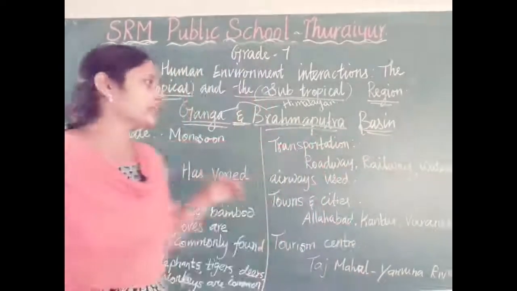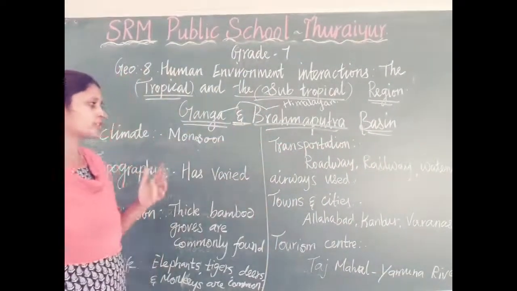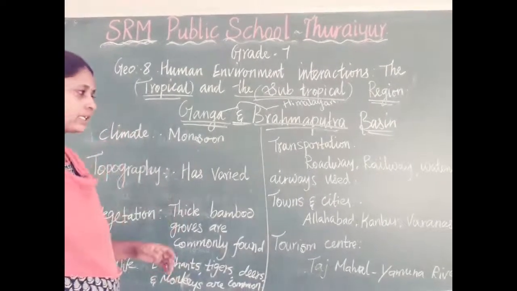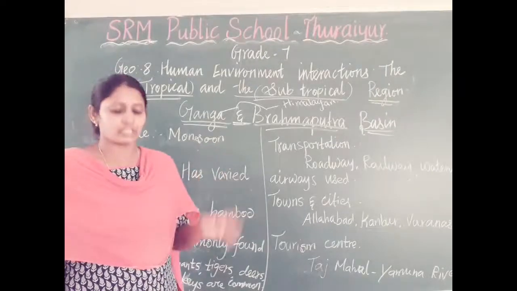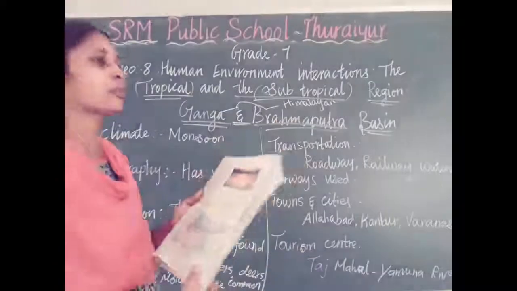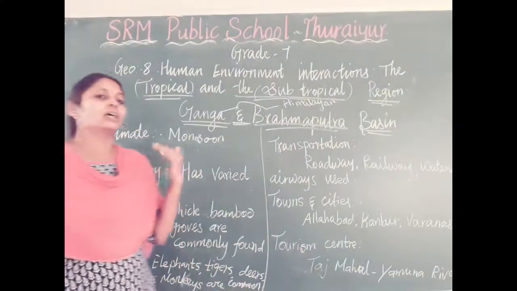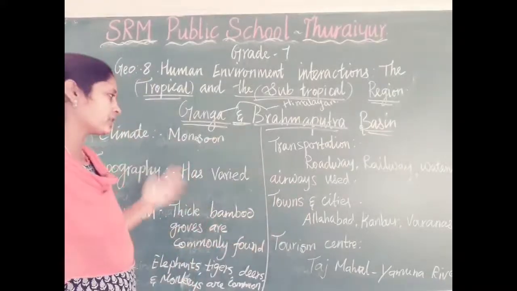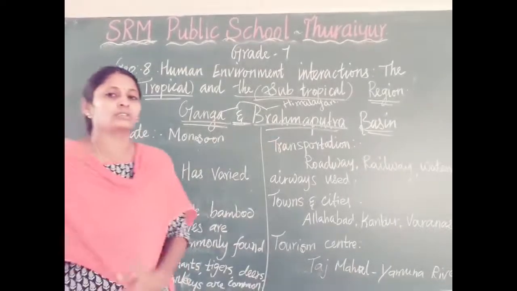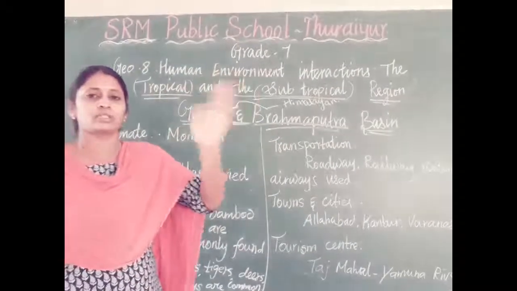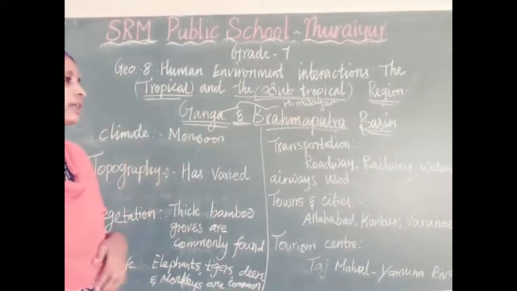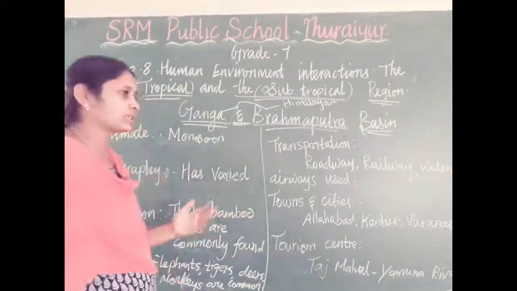Okay, what is the climate condition of the Ganga and Brahmaputra region? It's a monsoon climate condition. The river never gets dry, but this region, particularly Uttar Pradesh and Bihar, is called the monsoon region. Why? Because during the monsoon they receive rain, and that affects the river flow. Some winds, the Siberian winds, affect the flowing style of Ganga, and the southwest monsoon also affects the area.